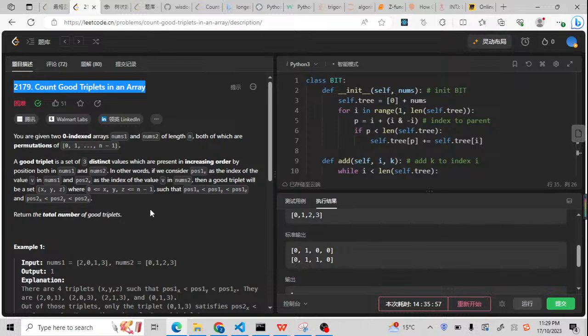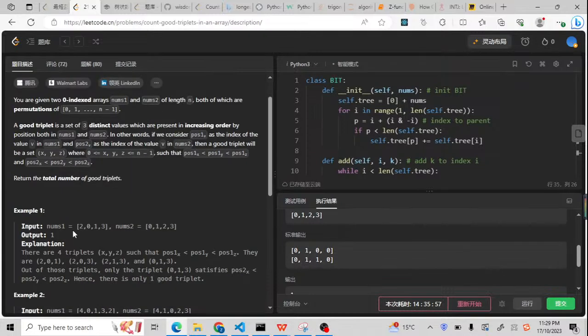To solve a Leetcode problem 2179 called Good Triplets in an Array. We have two arrays, nums1 and nums2, and we want to find the total number of good triplets. A good triplet means the sequence is the same in both arrays. For example, we have a number like